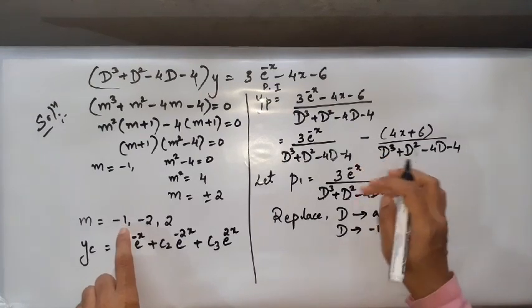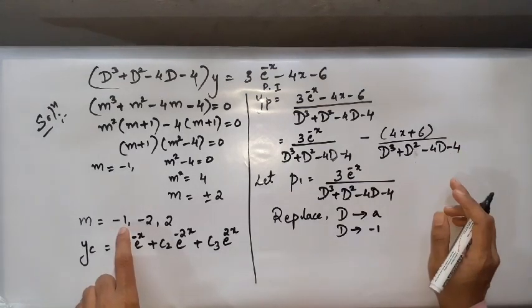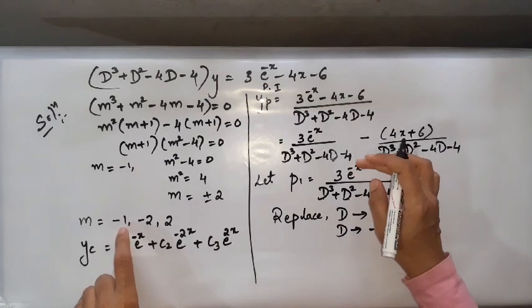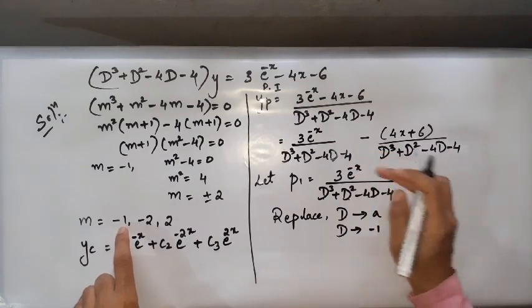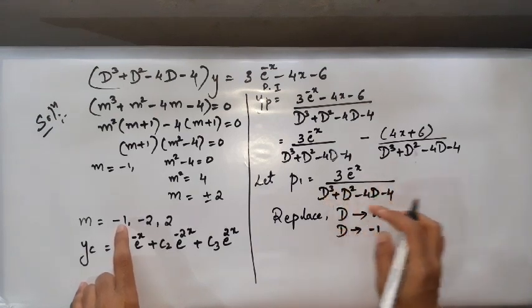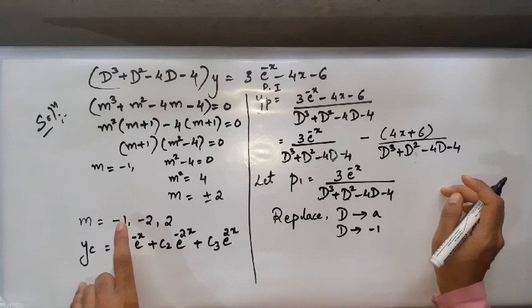Just see the value, especially for exponential terms. If exponential yp, whenever you have e to power ax on the right hand side in place of phi of x, I always told this in my class, check out the quotient of x over there. Since here it is minus 1 and minus 1 is also the root of the auxiliary equation, whenever this happens, the denominator of this yp or p1, whatever we are considering, turns to 0. So when that is happening, you will have learnt already what rule should be applied to solve this type of problems.